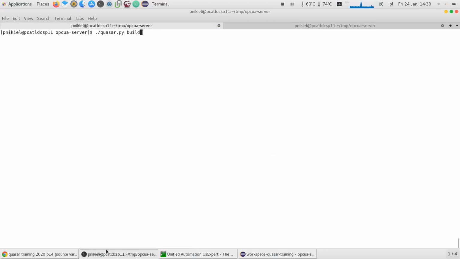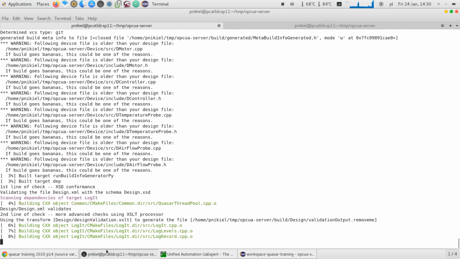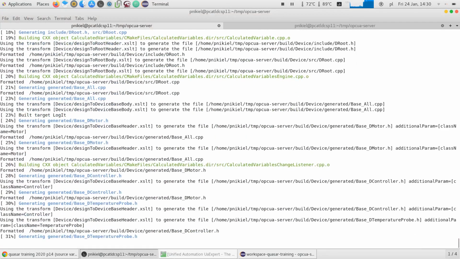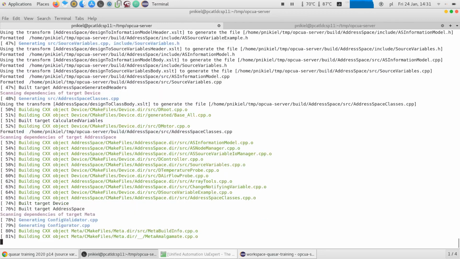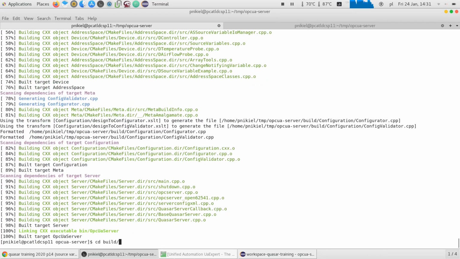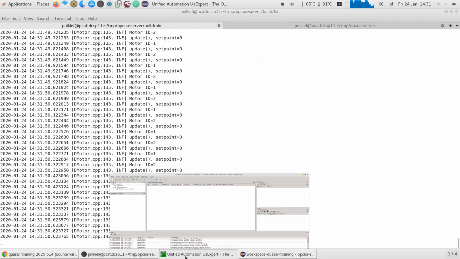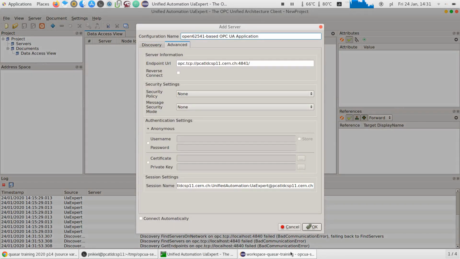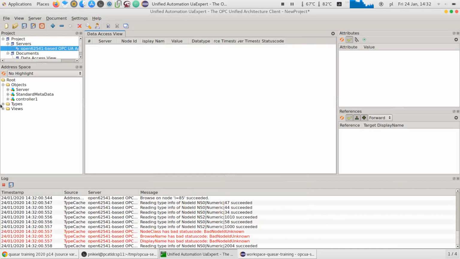Okay, so now I build my server against the evaluation version of the UA SDK. So once again, in part 13, you can have a look how you obtain that. Okay, and now let's try to run our server and let's see what happens. And when I get back to UA SDK and I add this endpoint, and then what happens is I have,